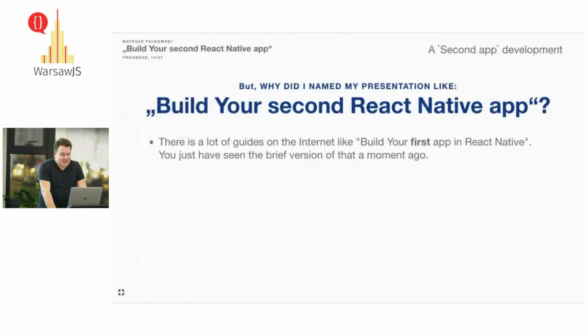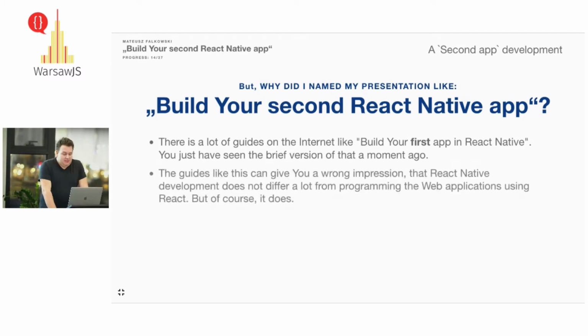But why did I name my presentation "Build your second React Native application"? Because there are already a lot of guides on the internet on how to build your first React Native application, and even now you've seen this kind of guide a moment before. But this kind of guide can give you the wrong impression that React Native development does not differ a lot from web programming.